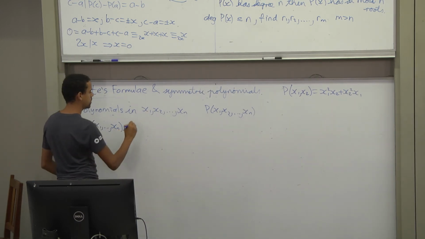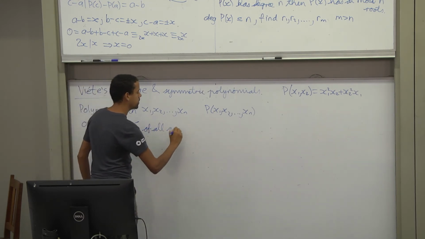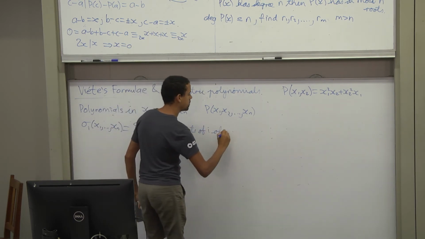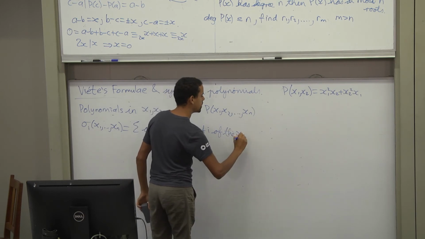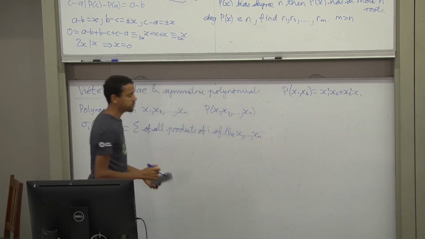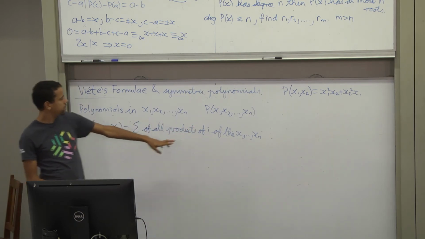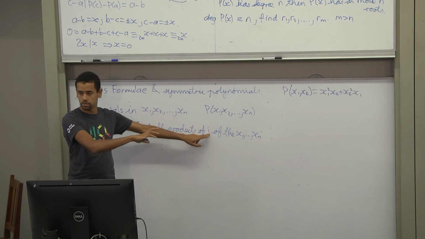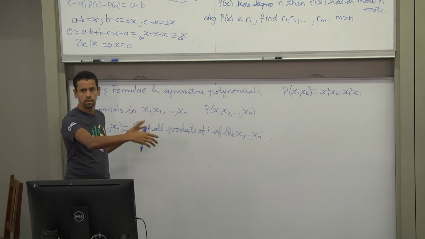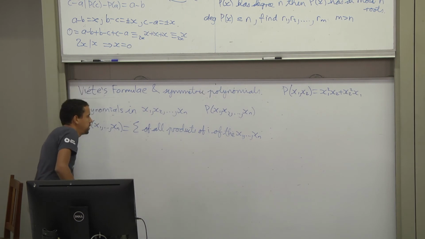I want to say the sum of all products of i of the x1 up until xn. So I take these x1 to xn that I have, I multiply i of them together, i different ones together, and I take all possible combinations of choosing i of them, and I add all of those monomials up, and I get a polynomial. For example,